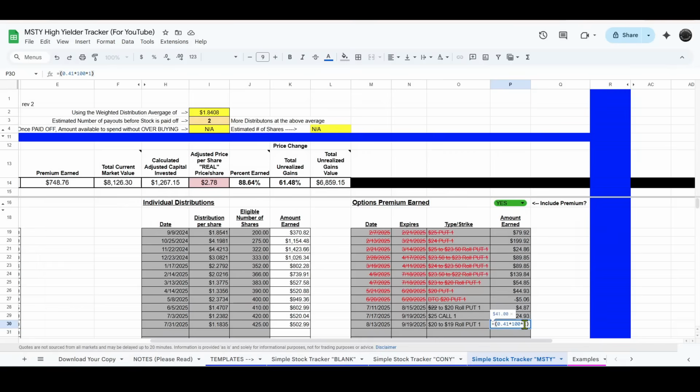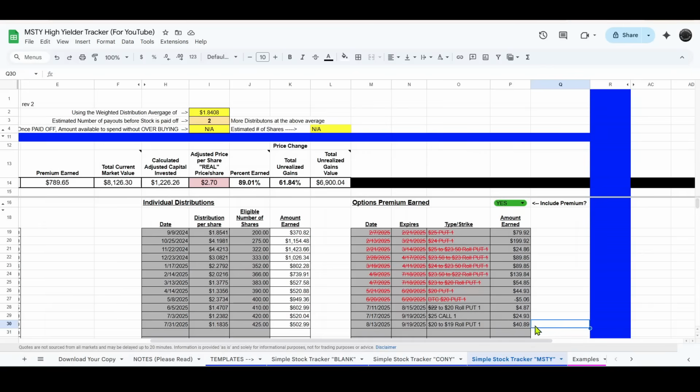But I also had a fee that I had to pay for making that roll. The fee is pretty low for Webull, but I still like to show that, as that does get deducted from the $41. And that fee was only 11 cents. So that will automatically do the calculation for me. But like I said, you can do that on a calculator, and then you would just punch in that $40.89 if that was the value that you calculated. And for me, that is my value there. So after my fee, I actually earned